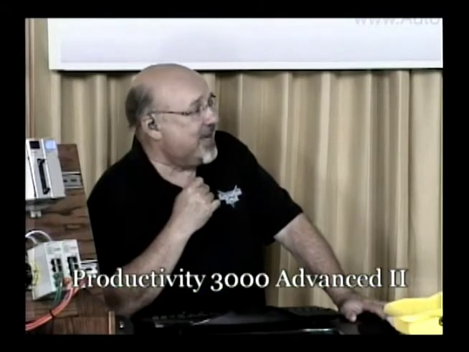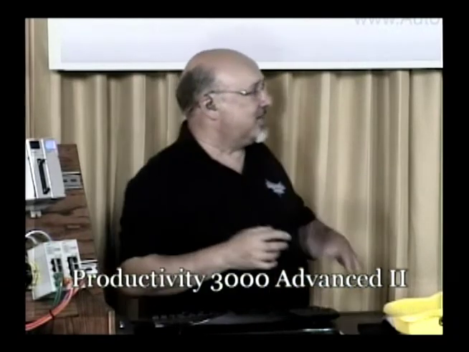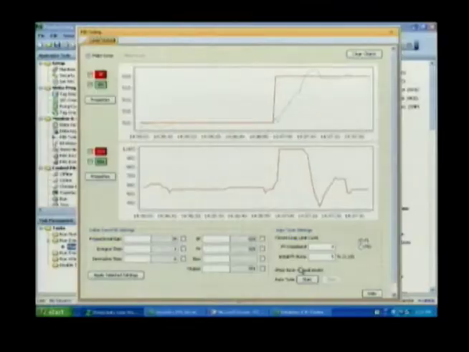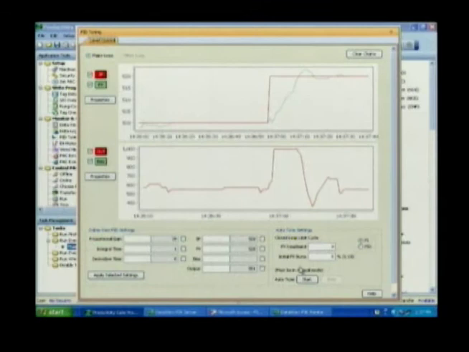But it would be very easy with the math instruction to calibrate or calculate, if we wanted to keep that tank with so many gallons in there, it would be very easy to use some math to do that and everything. But as you can see here, we had a little overshoot, but right away, and what